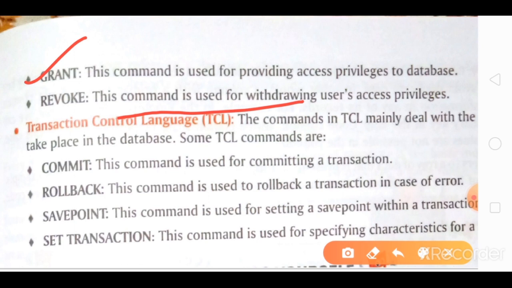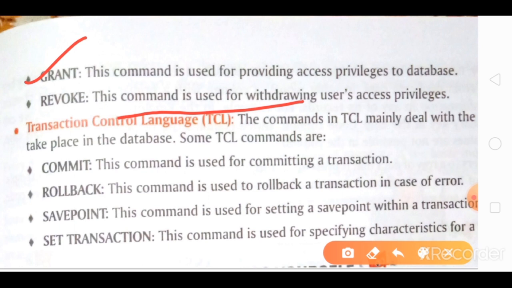The save point command means this is the point above which the transactions cannot be done. For example, if there are 10 rows and you need that the above 5 rows cannot be altered, you need a save point at row number 5, so that above row number 5 no record can be changed. And set transaction identifies the time of the transaction, according to which it can be checked which transaction came earlier and which came later.